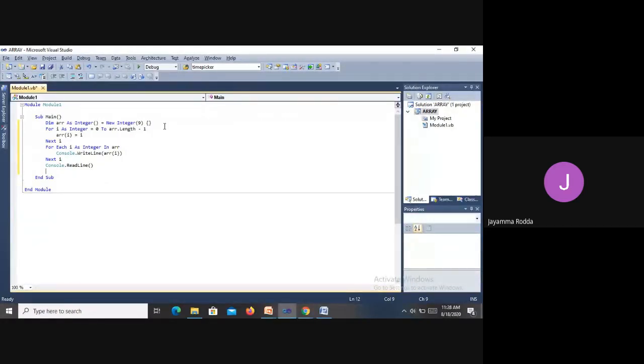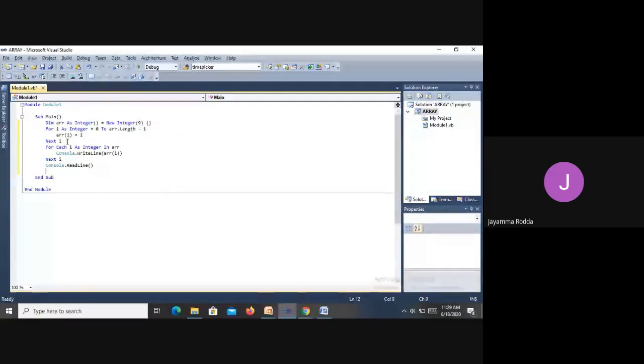So what are we going to do here? We are going to reduce it. Since the length starts from 0, we are going to reduce the count by 1. 10 will be reduced by 1, that is 0 to 9. Rather than specifying that, you can simply say here 0 to 9. So we are writing array dot length minus 1, specifying 0 to 9.